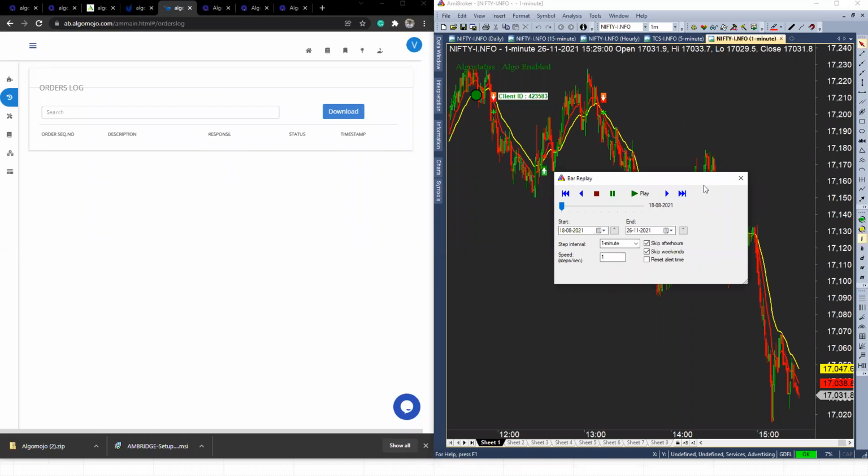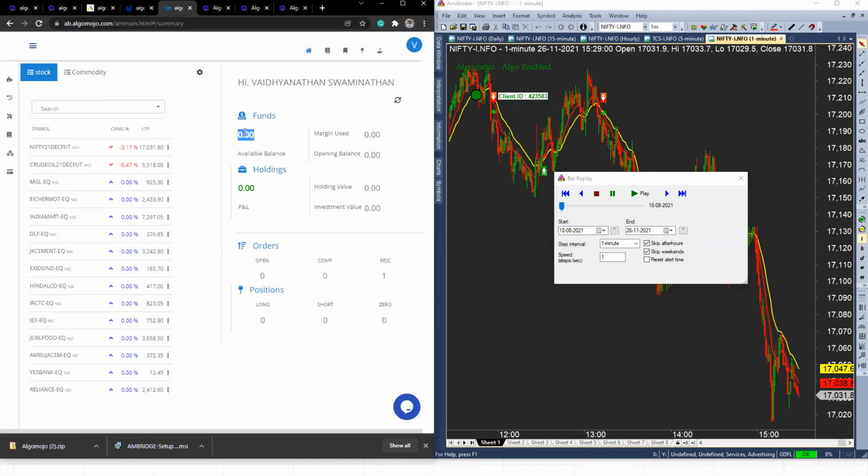You can always test when you don't have any money. If you go to your account and see that the fund balance is zero, in that case you can test it even during live markets. But generally, if you are starting for the very first time, test it without funds, and once you are ready with the setup, you can park your funds anytime. All your funds will not be sitting with AlgoMojo. Remember that all the funds will be with the broker's account only. You can only visualize the funds available on the broker side using AlgoMojo.